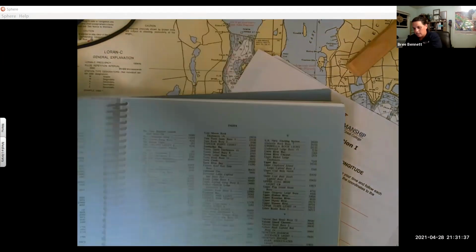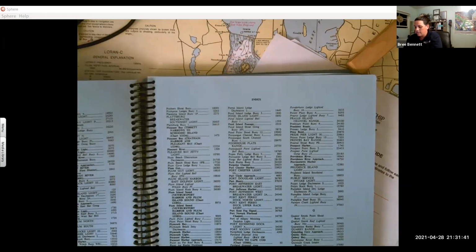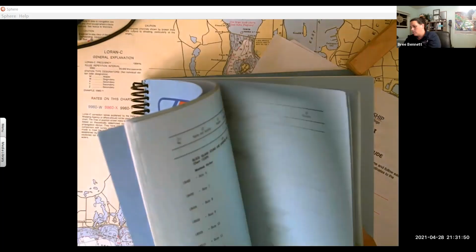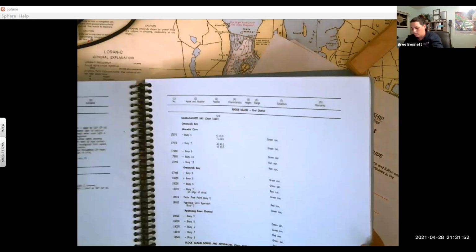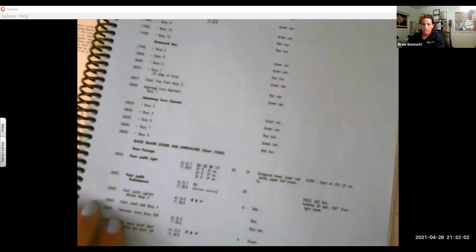Point Judith light gives us a number of 18050. There we go. So on the light list, if you don't know where it is, you can look it up alphabetically and then find it